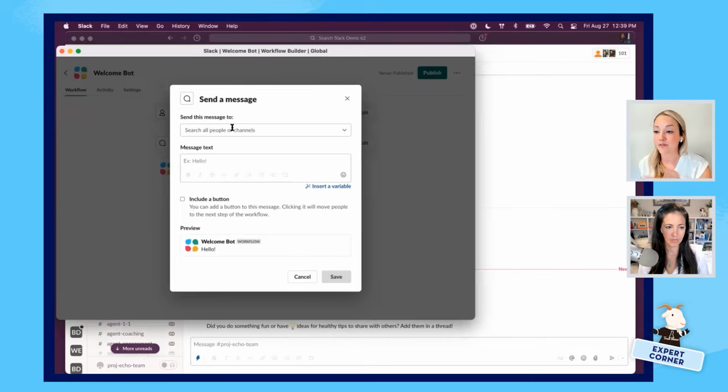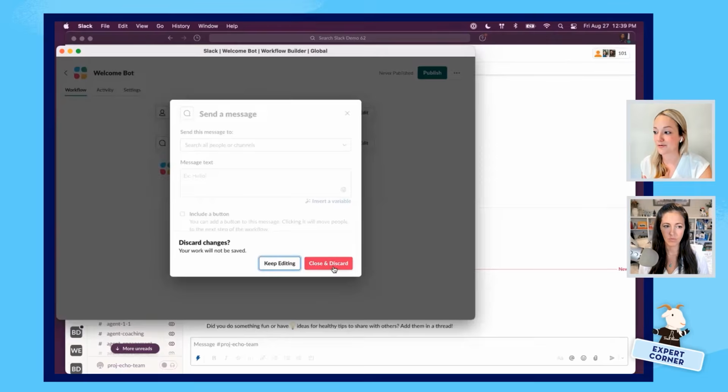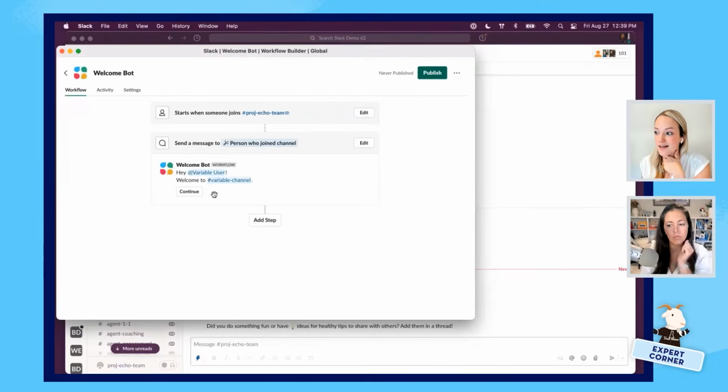And maybe you have a form that they need to complete. You want to gather some basic information about the team member. Maybe you want them to read some documentation. You can provide all of those links here. And the nice thing is that, again, being self-paced, the person doesn't receive this message until they're ready. So they can just click through this workflow on their own time. And we find that that's just a really good application for welcoming folks to either a channel or to Slack or to your workspace, whatever it is.